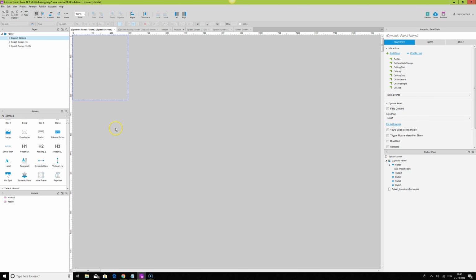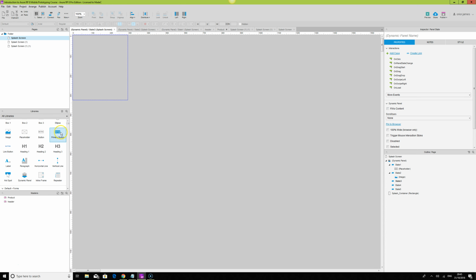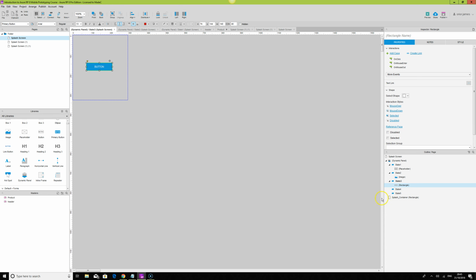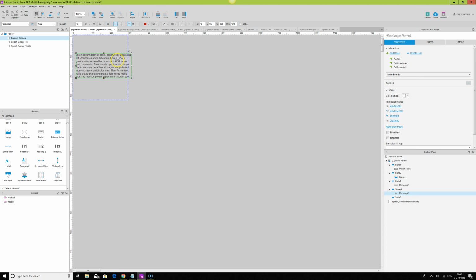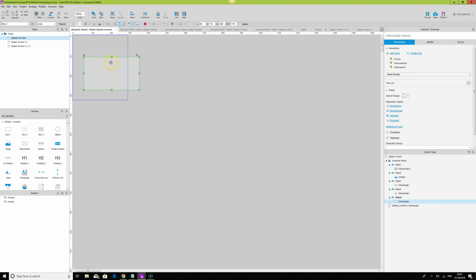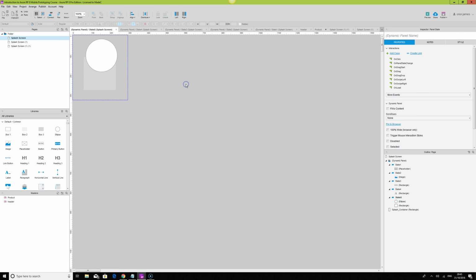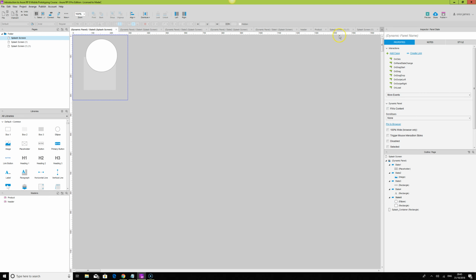Then I can go to the second state. I can drop an image. And I can go to the third state. I can drop a button here. And I can go to the fourth state. I can drop a paragraph. And I can go to the fifth state. I can just drop a box widget, and maybe a hover shape. Now, an ellipse. So we have this, and if we go back to our page where we have the dynamic